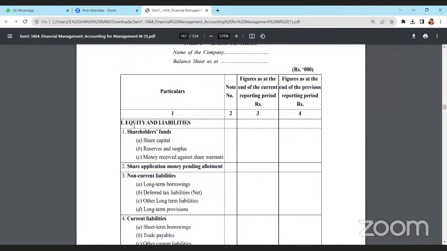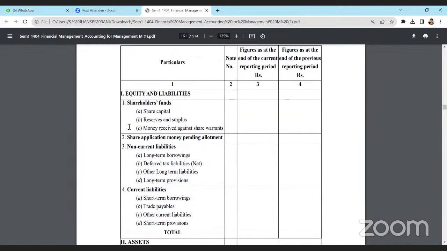If you look here, the first one is equity and liabilities. Under equity and liabilities, we have shareholders' funds, share application money pending allotment, non-current liabilities and current liabilities. Liabilities means anything the company owes to outsiders. So in that, the first liability is